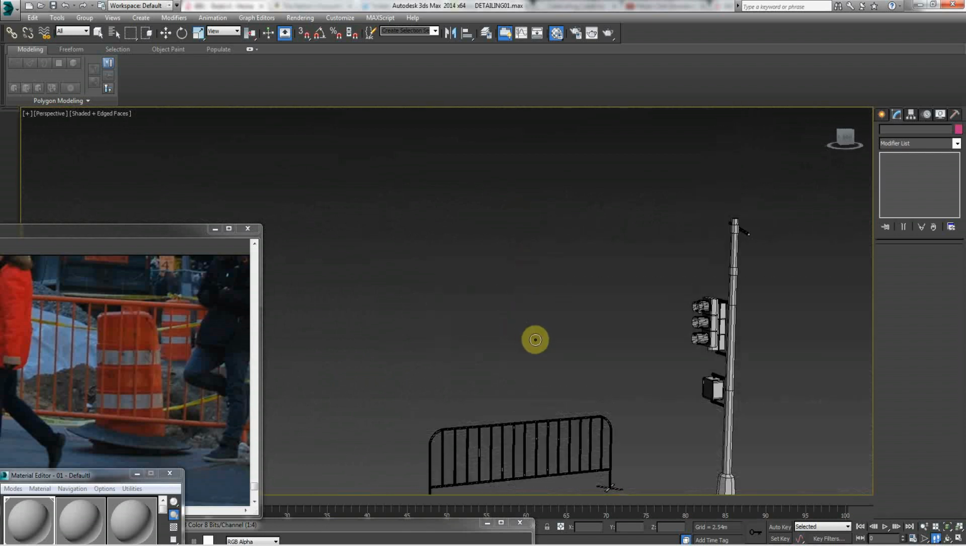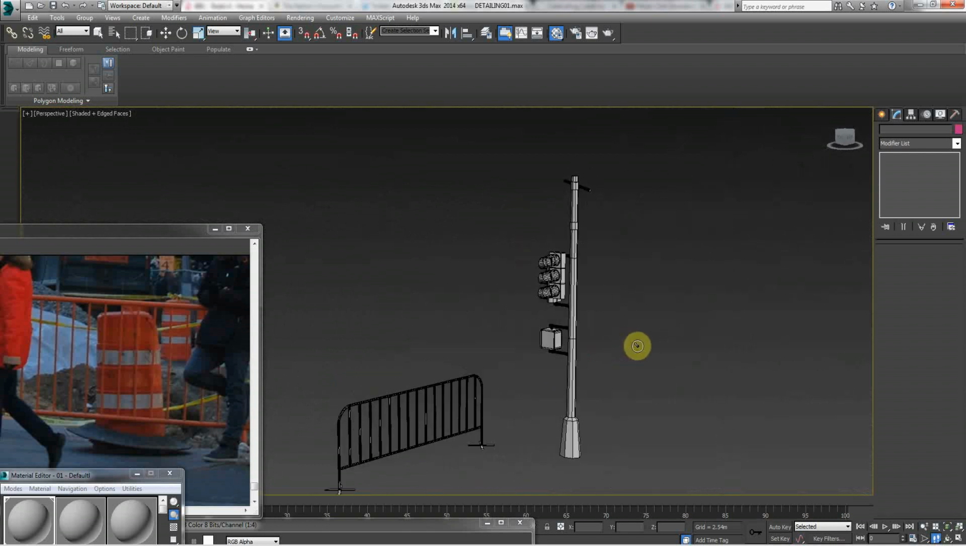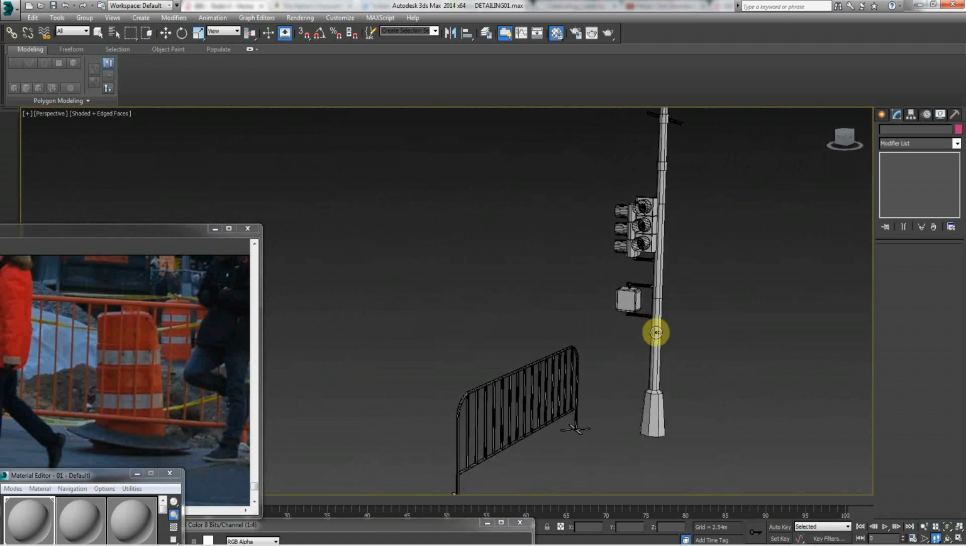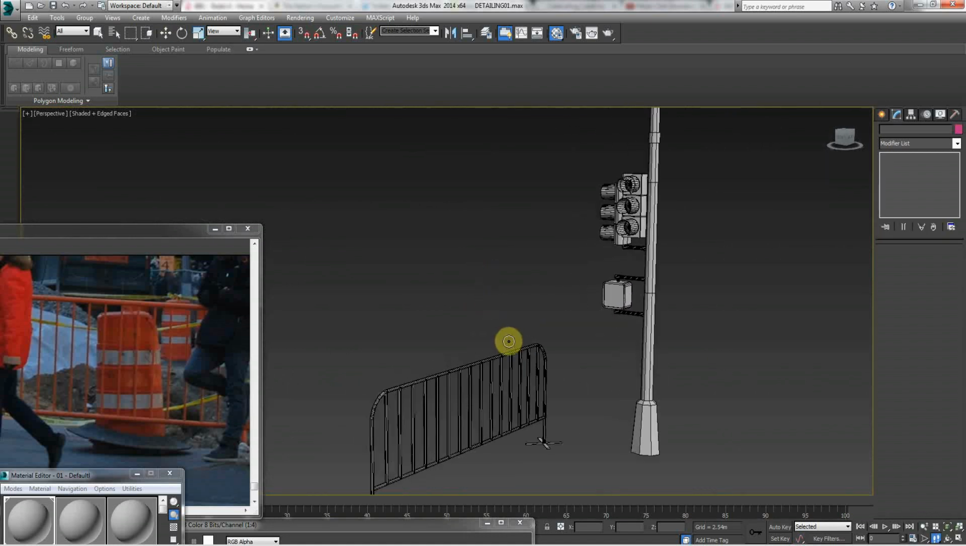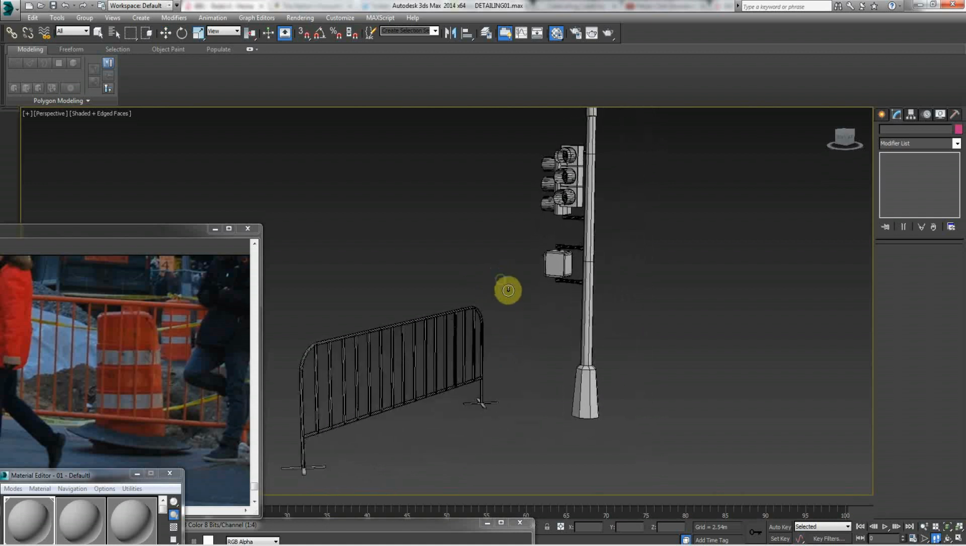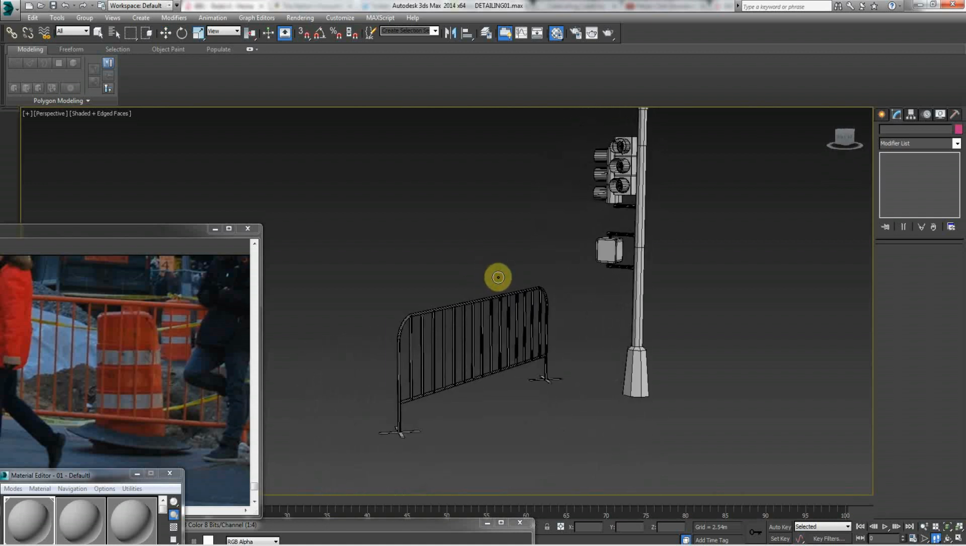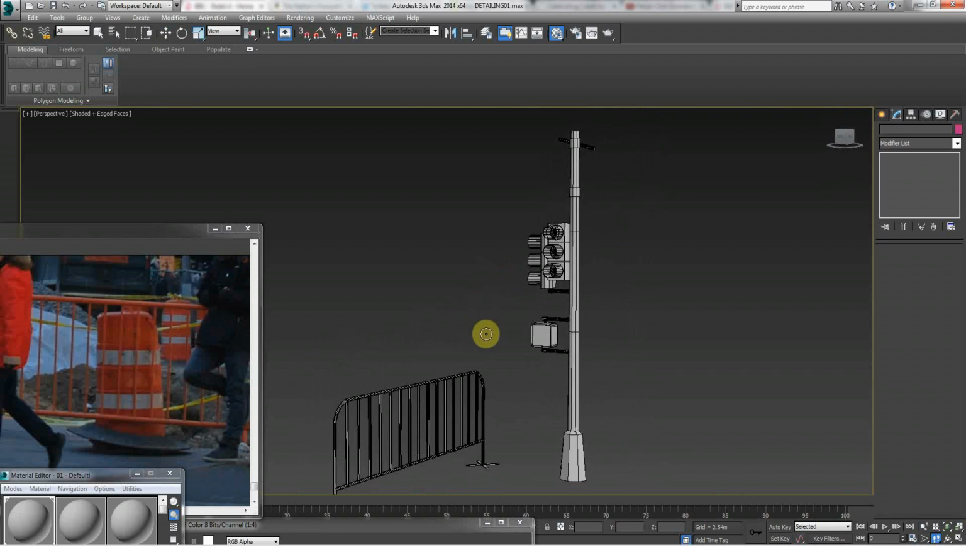Take the grid off. So we have the barrier and the lamppost. Okay, so these are fairly well edited. I might edit them a bit more, but what I'm going to show you now is how to get them